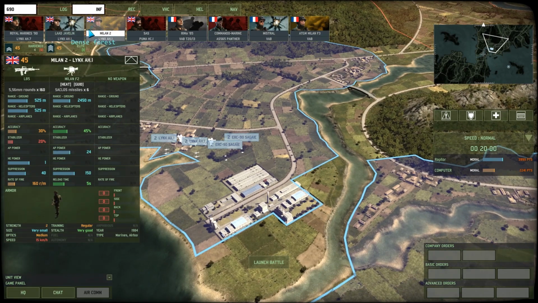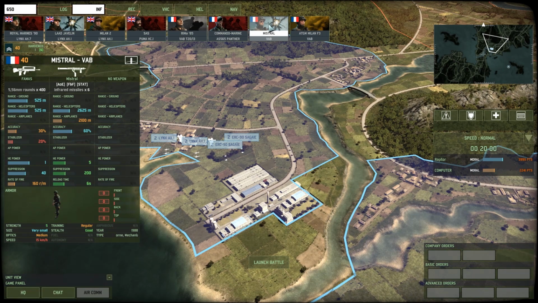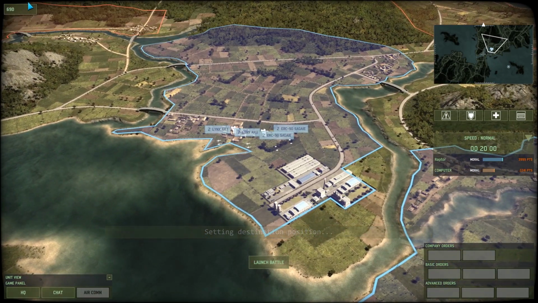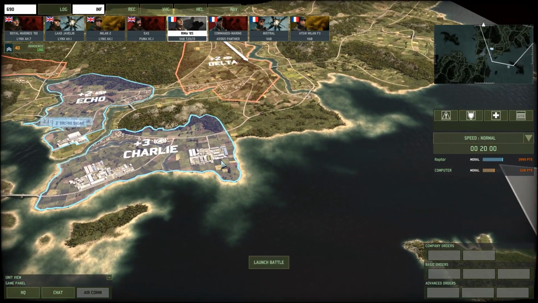So let's get out a couple of... Javelins are good against helicopters, but Mistrals are pretty good against airplanes. Oh, they're actually very good against airplanes. Oh, we can't get them close enough, though. We need a ship over here. I'd like to call out a naval ship to do something, but...